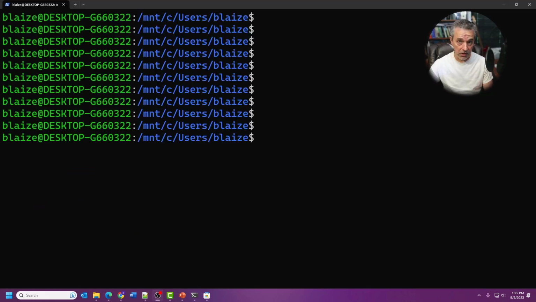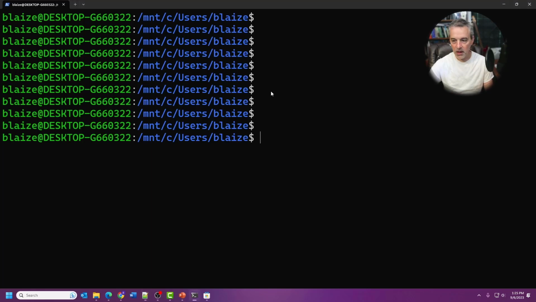So to finish WSL installation, we need to enable systemd. Now systemd is just a service that manages other services. It allows us to start and stop services. It controls the starting of services at boot, and it will also handle things like crashing and logging and attempts to restart things and all of the things that a service manager will typically handle. But it's not enabled by default on WSL, so we're just going to enable it by simply adding a file